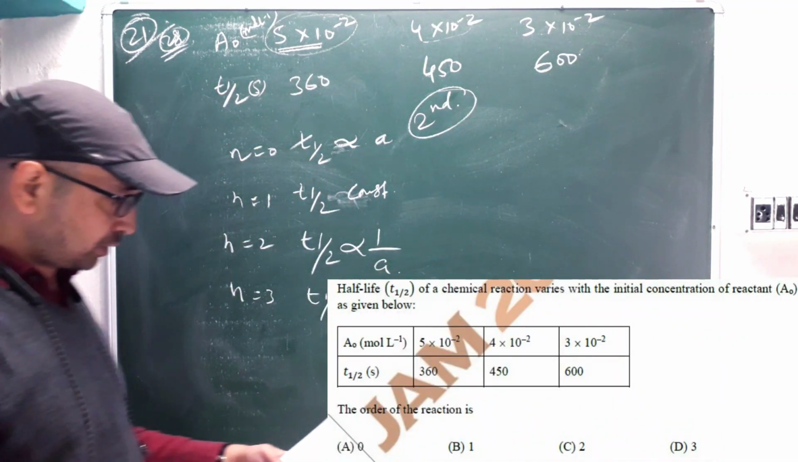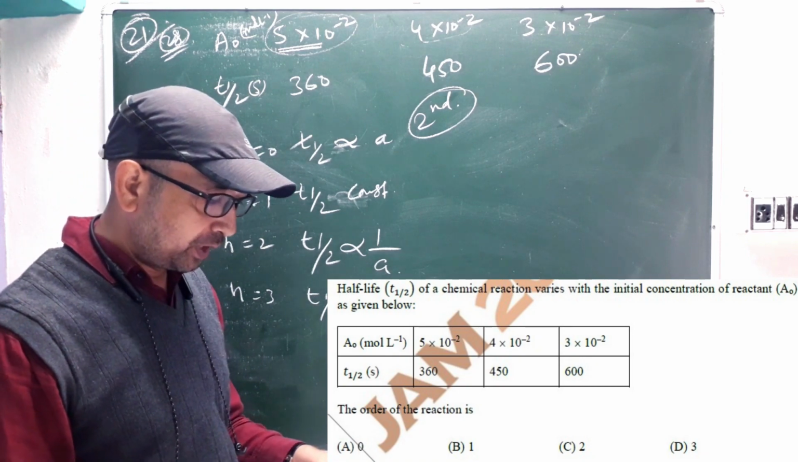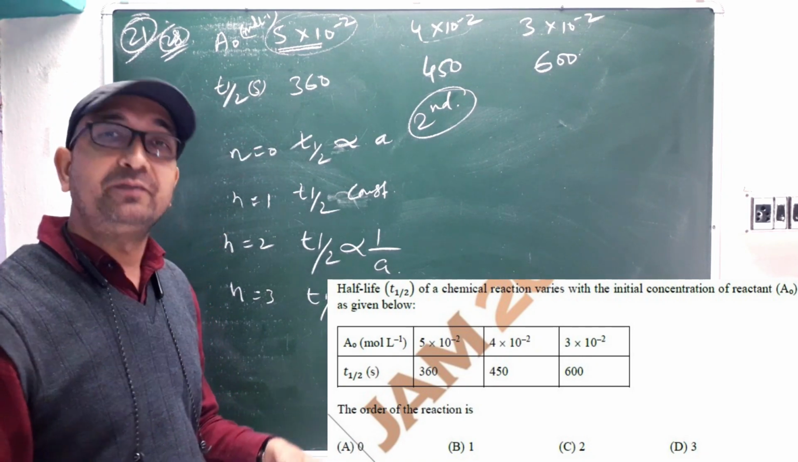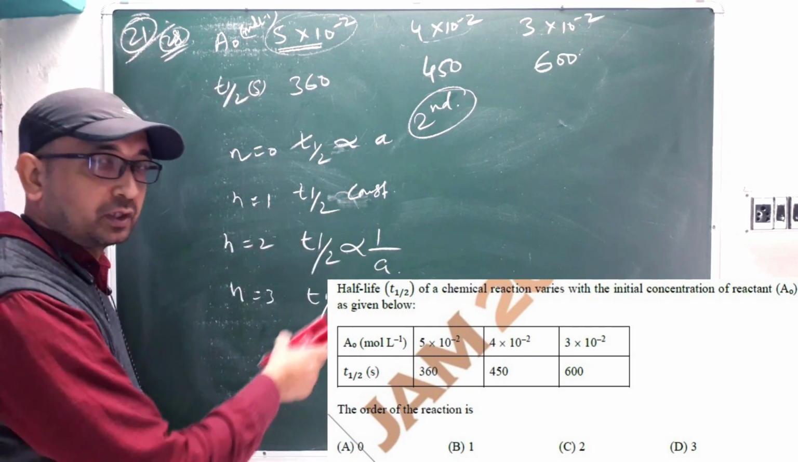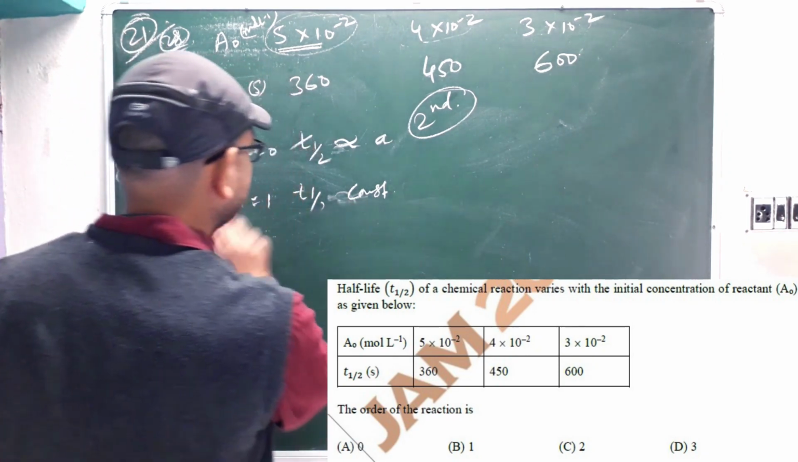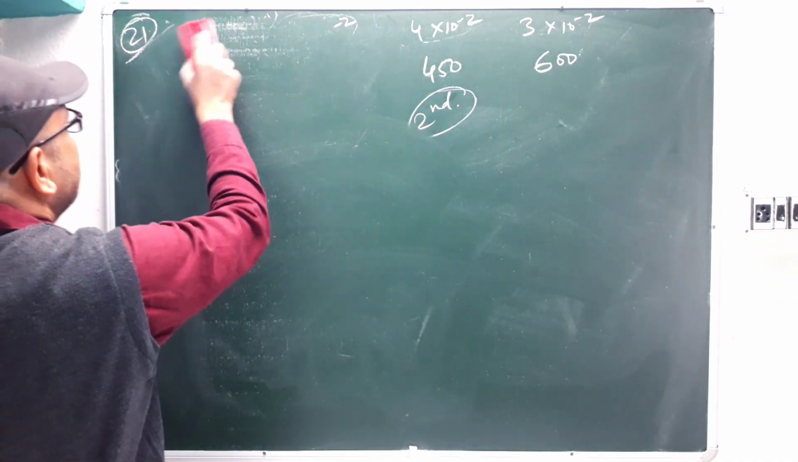So for your question, option A is 0, B is 1, C is 2. So option C will be your correct answer, correct? That's why I'm telling you, just practice all these things, okay? The order of reactions. Now the next question we will take from the same year,